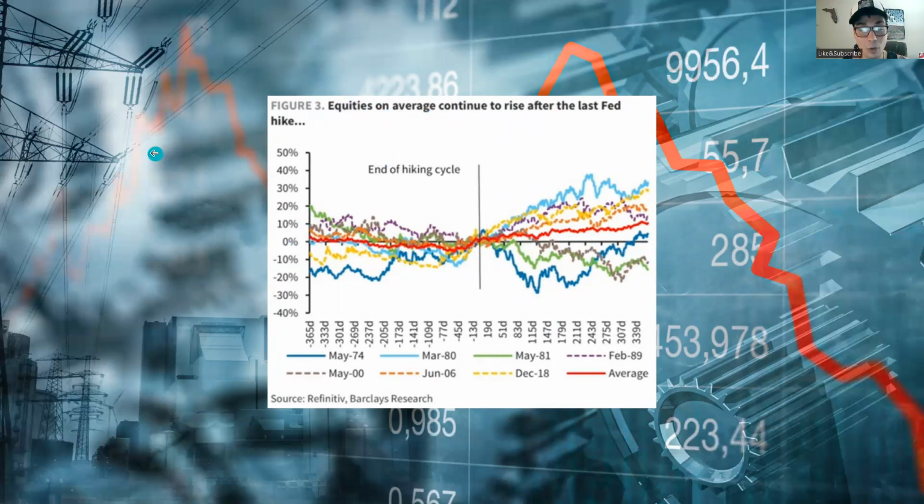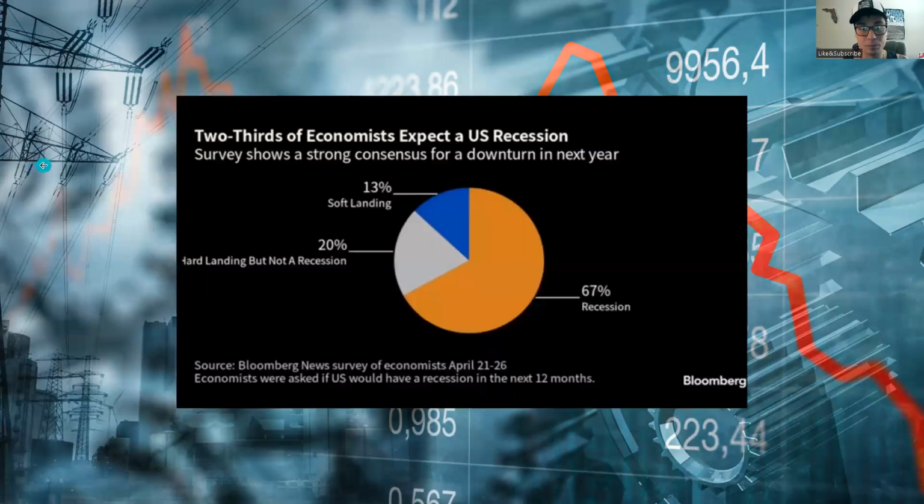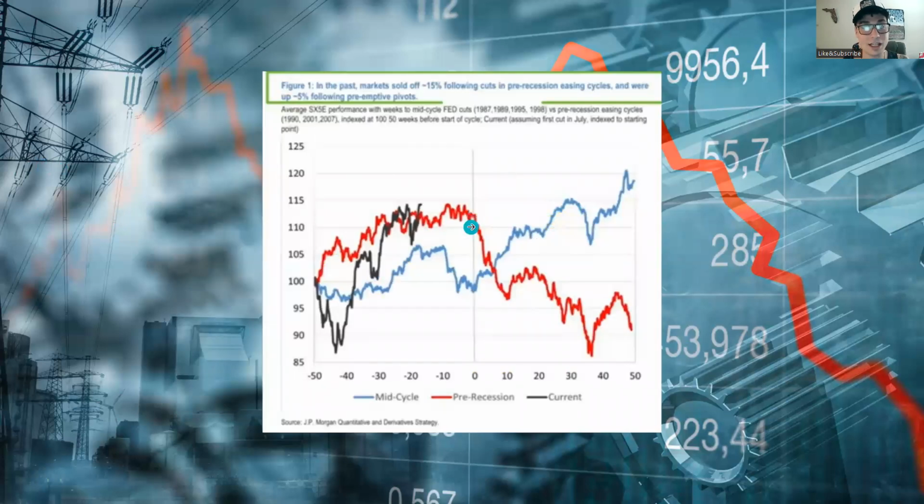All right, but it's very important to not stay focused on one specific chart, right? So this one is a little bit more bullish here. But if we go back to this one, we can see that, when they do the last rate hike and they pivot and we head into a recession, it typically hasn't been very good for the stock market.